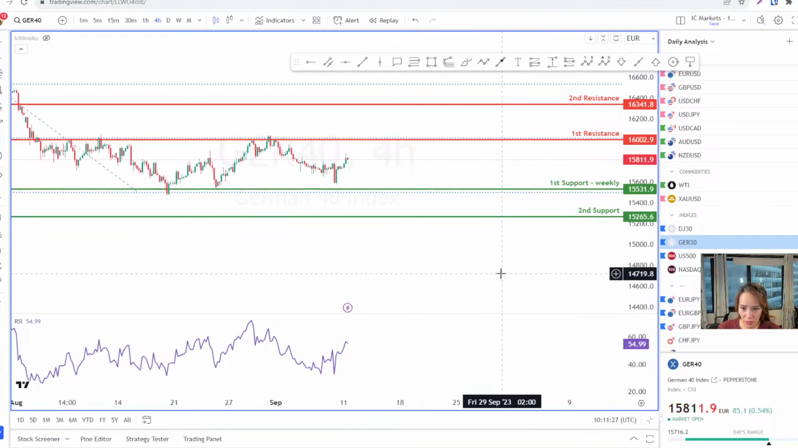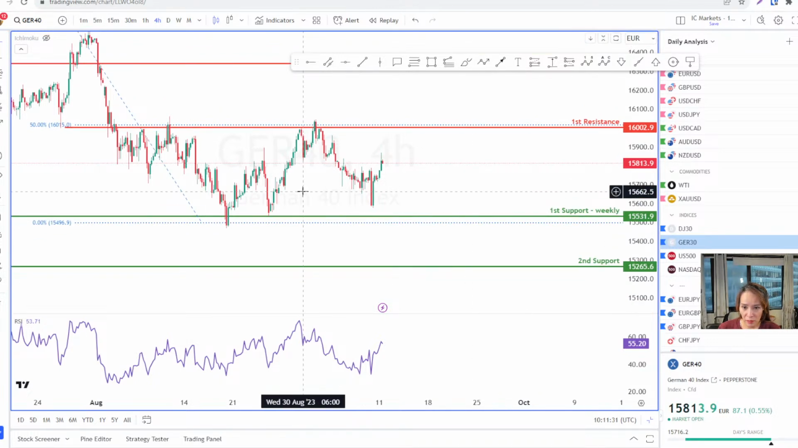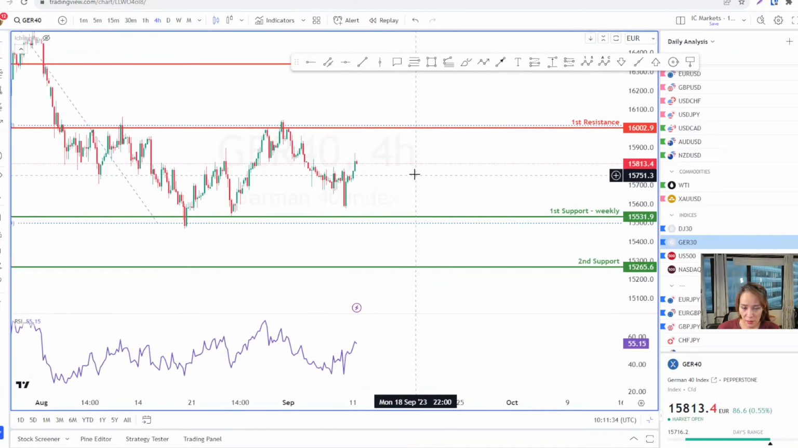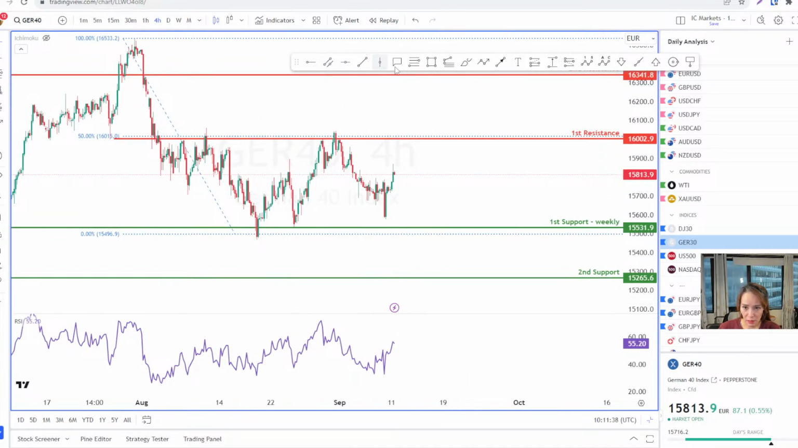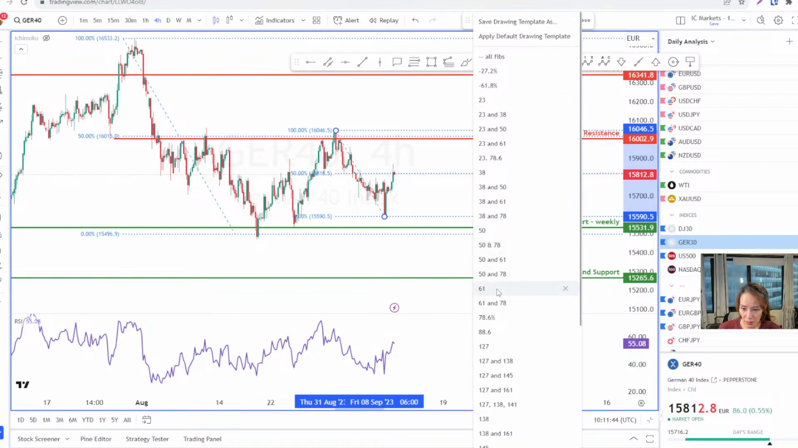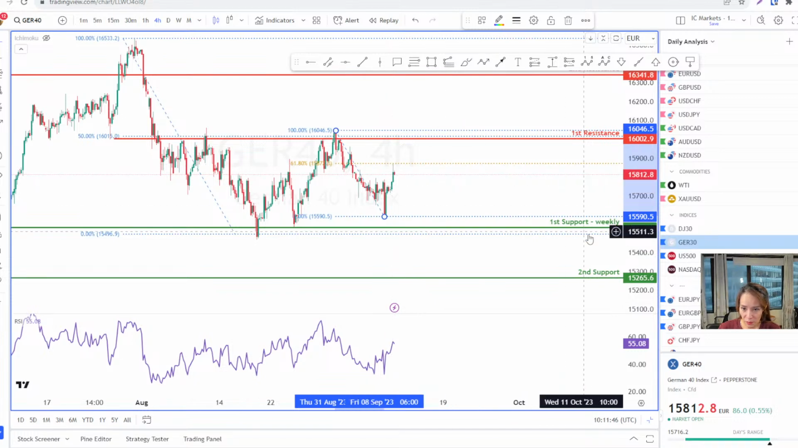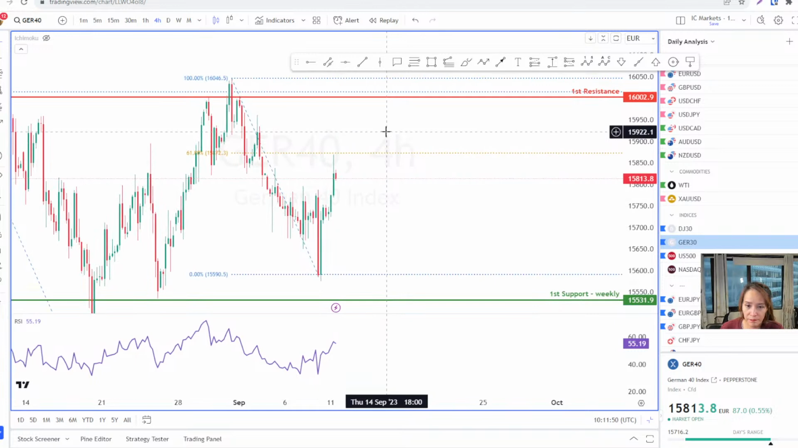Sorry. Okay, let's look at H4. Basically it's ranging, right? What you can see here is ranging in H4. If you want to trade, it should be 51%. It touched 51%, which is, if I want to zoom in, if you want to trade